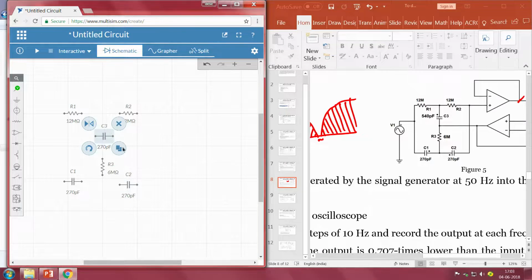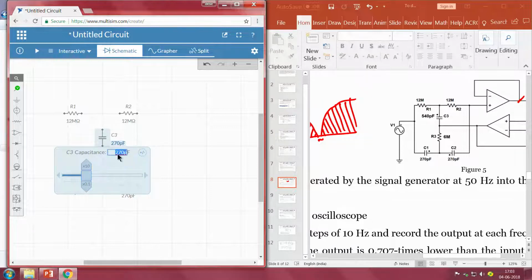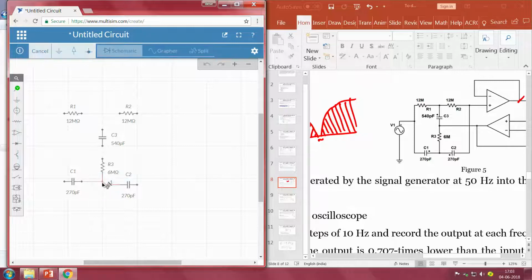So, C3 capacitor is somewhere here, right, and the value of this should be double that of our C1 and C2 capacitors, which is 540 picofarads. So, whatever resistors and capacitors are required, we have arranged them here, and the only thing left is connections. The passive element connections we will do now, then we will go with the active elements required.